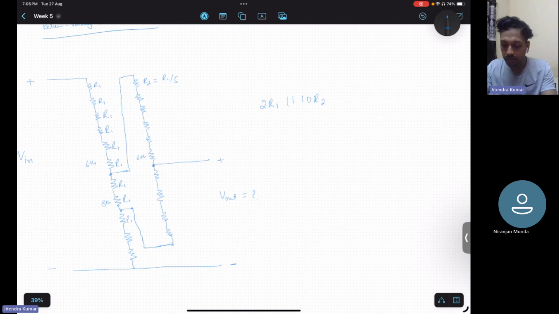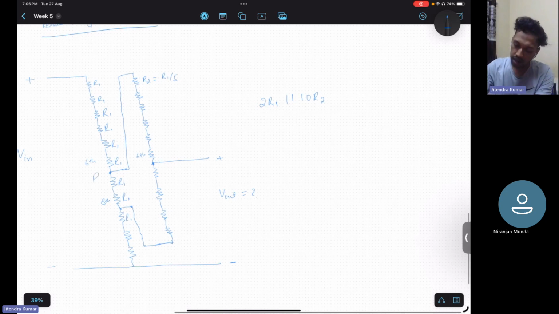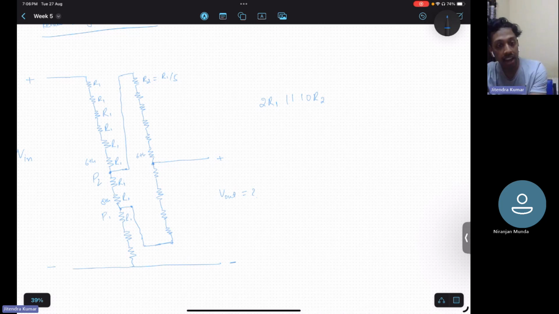If you have some voltage in mind for how much amplitude you want on the output side, you can connect P2 or P1. Let us call it P2 and P1. You can connect P2 and P1 in such a fashion that you get whatever value is required. So if 10R2 is equal to 2R1,